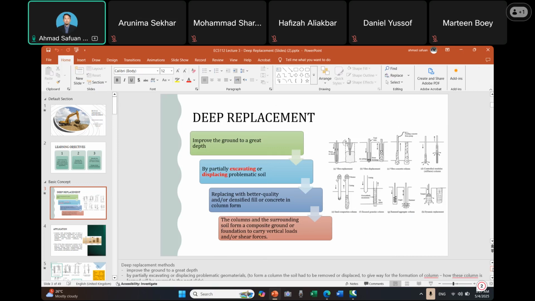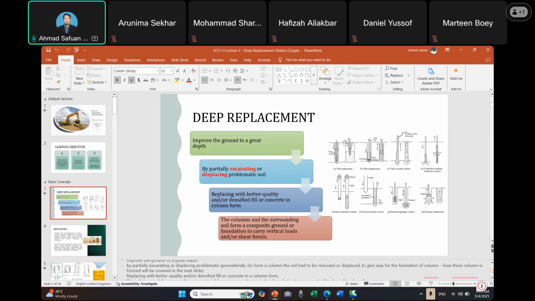By partially excavating or defacing chromatic geometry to form a column, the soil had to be removed of this place to give way for the formation of the column. So later on, I will show you the process of the column installation. Ideally, the concept of deep replacement is where we replace the weak soil with a better quality material,